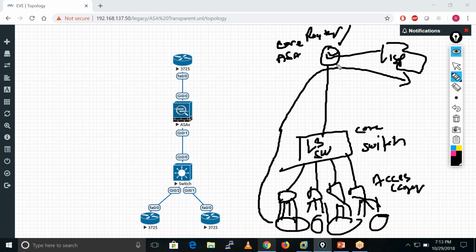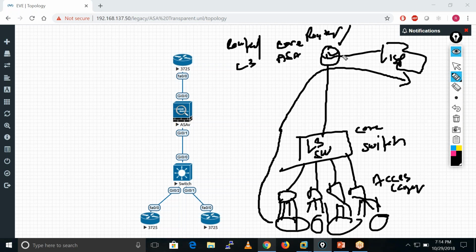Let's suppose this is an ASA firewall running in L3 mode, meaning routed mode. If in this ASA firewall we just open some ports, and someone launches an attack on this server, first he compromises our ASA firewall.